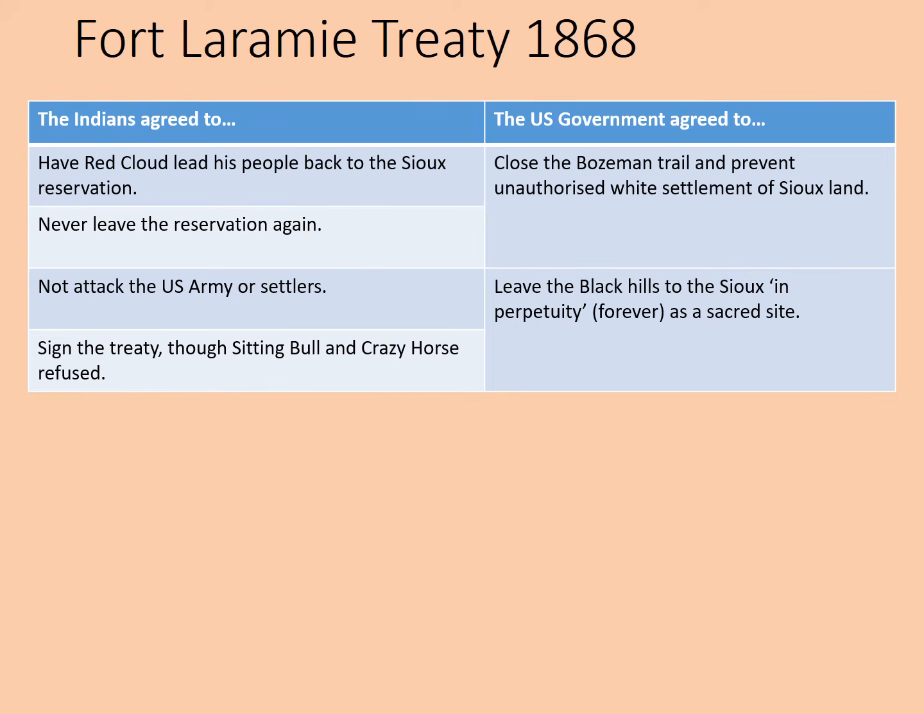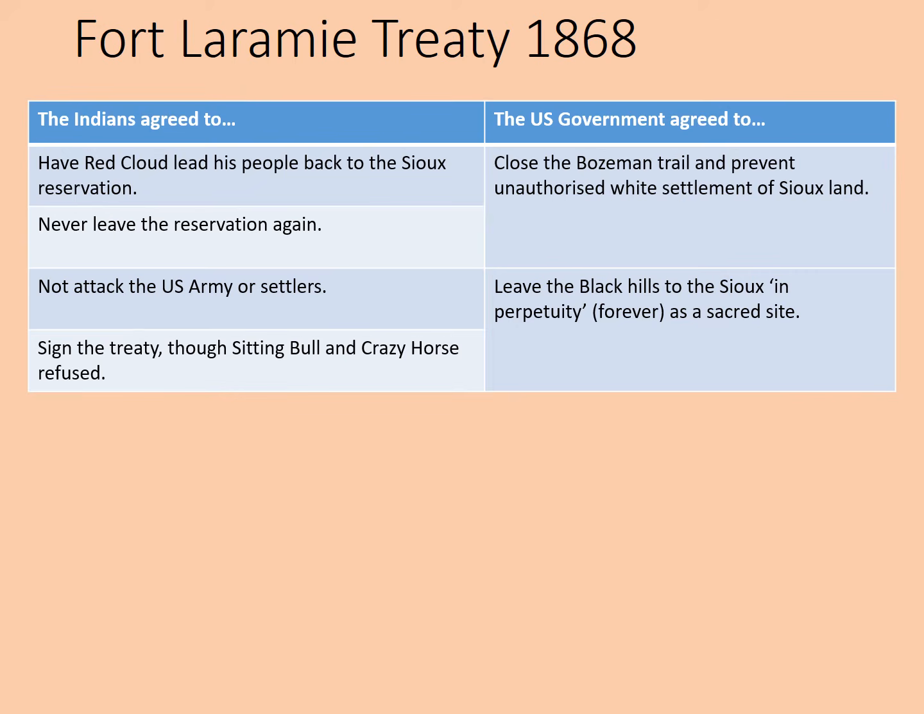They also agree to never leave that reservation again, and they agree to not attack the US Army or settlers. Finally, they had agreed to sign this treaty, although very significantly Sitting Bull and Crazy Horse refused. These were two warlike leaders of the Lakota Sioux. On the other hand, the US government agreed to close the Bozeman Trail and prevent unauthorized white settlement of Sioux